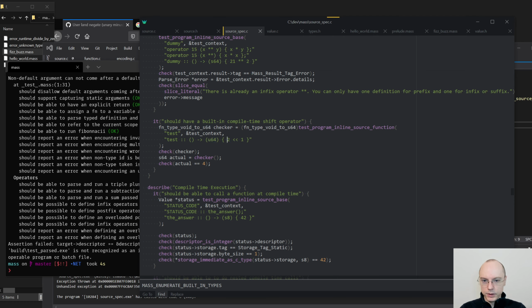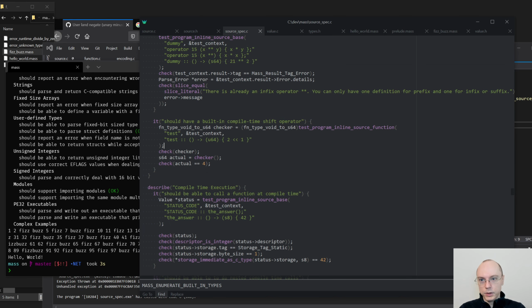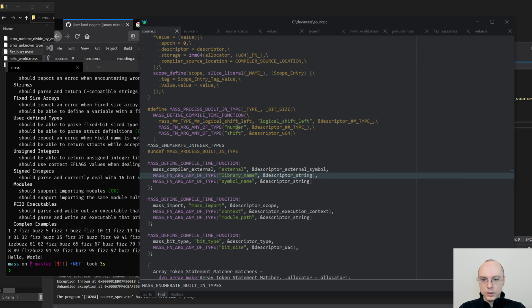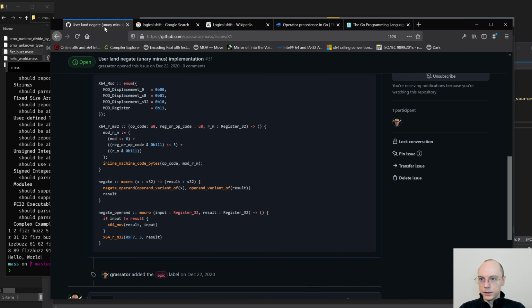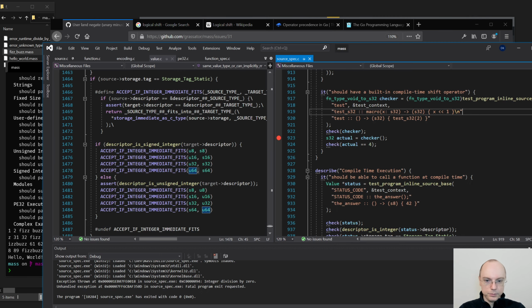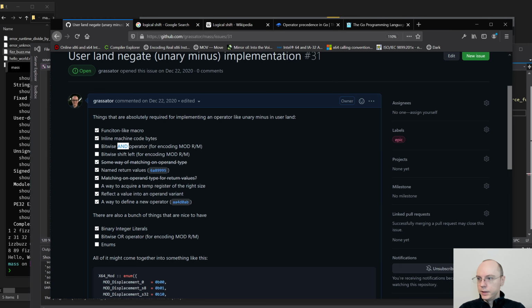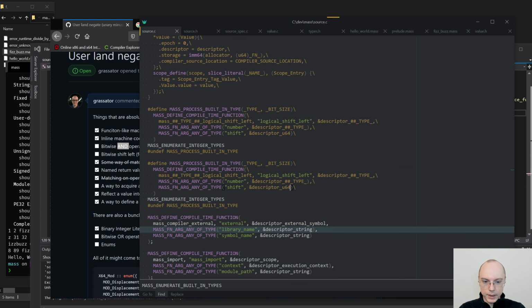So let me undo all of that jazz. For now, the good point is that it still works. Even if we define multiple functions, we technically have functions for all the different types. They're just not being used. And let's actually do the and version of it as well, because that's also something that we need. Right, we have bitwise and operator, so we can do that. Bitwise and operator in a sense is actually easier because this one has the same type on both sides,